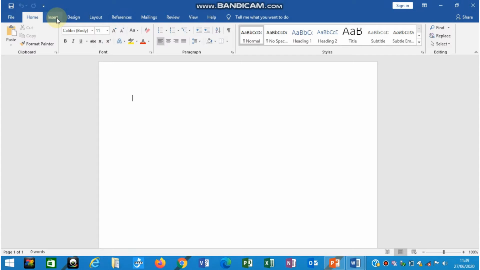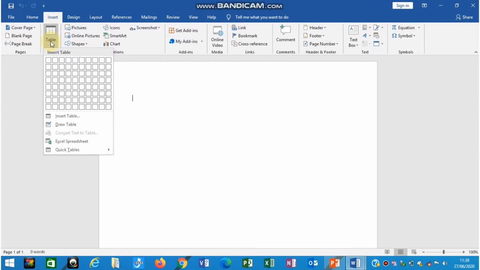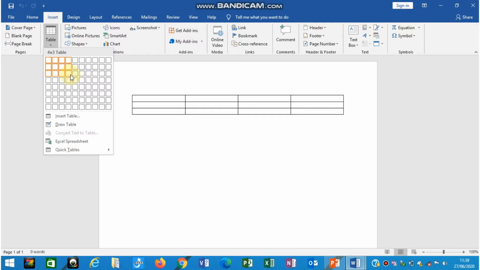Now our first topic is how to create a table. For that you need to move to the insert tab. By default we are in the home tab, but for creating a table we need to move to the insert tab. Under the insert tab, you are going to see this table option. Click once on the table option, and here suppose I want 4 columns and 3 rows. Whatever number of columns and rows you want, you just need to move your mouse pointer and click on that.